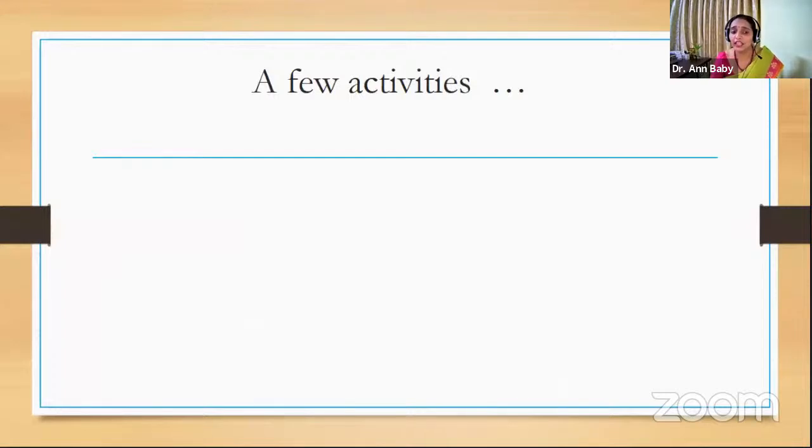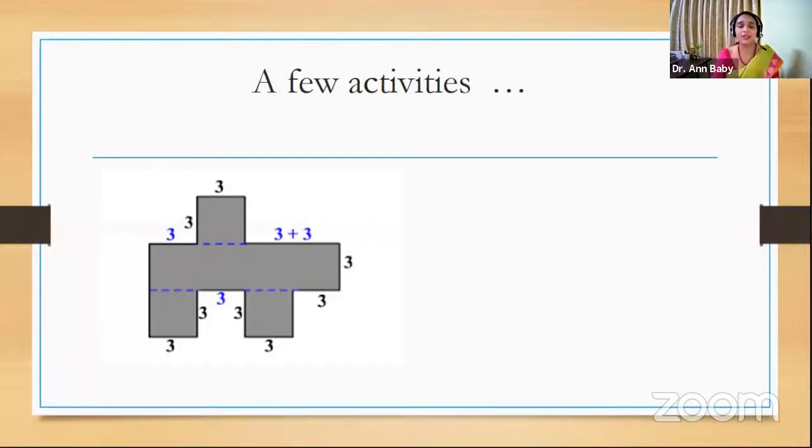Okay. A few activities which you could do: normally, in all these small classes, they have these kinds of questions, isn't it? Find the area, find the perimeter. They have this absurd looking figure. Just type in a yes or no. Do you remember doing this kind of mathematics in your school? Yes or no? Find the area, find the perimeter. Okay, what rubbish it was, isn't it?